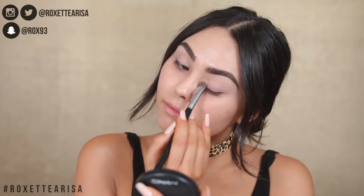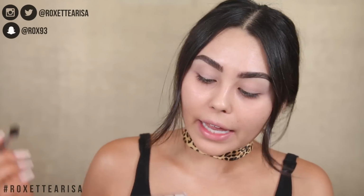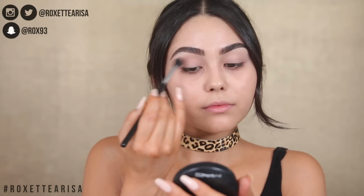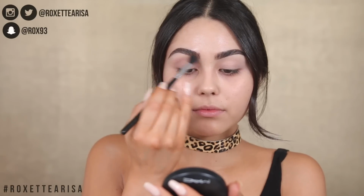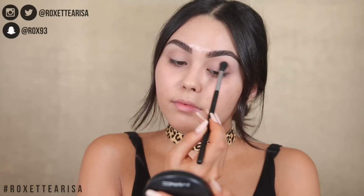Okay, and honestly, it's so important to add on a transitional shade for any eye look you ever create, just because this is what is really gonna take it to the next level and makes it all come together at the end. So I'm taking this shade. I recommend using either a warm tone or neutral tone transition shade. Today I'm just gonna use this because it's right here in front of me, but you could use a bronzer, you could use a more peachy shade. It really depends on your preference, and you just want to pop that right into the crease in windshield wiper